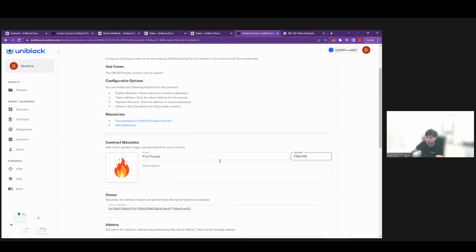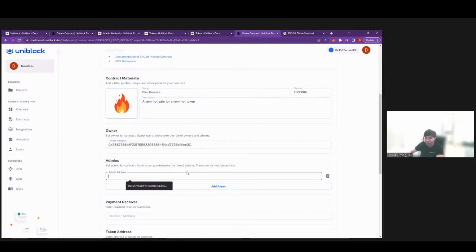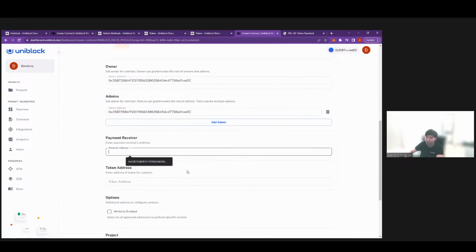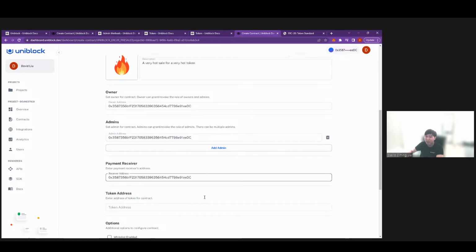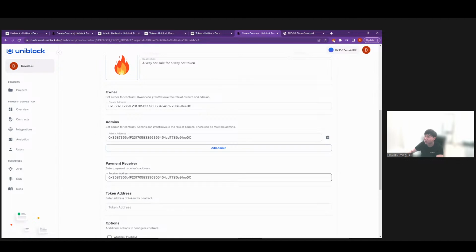FIREPRE, fire pre. Very hot sale for a very hot token. Owner is me. The admin is me. The payment receiver is me. Feel free to enter something else when you're doing it. The token address is not me. The token address, if we can remember,